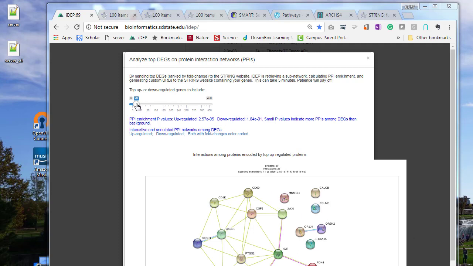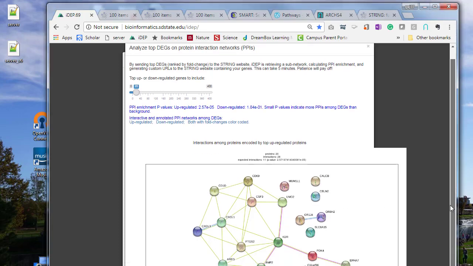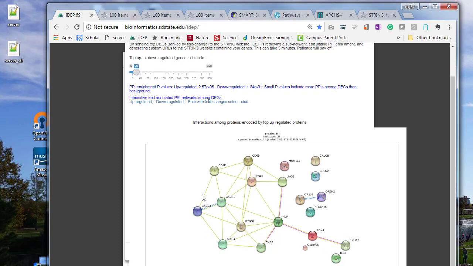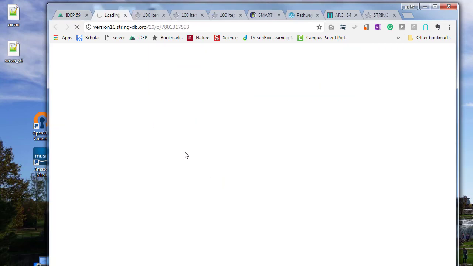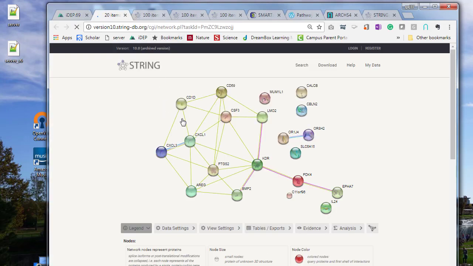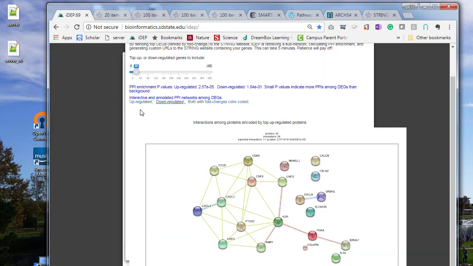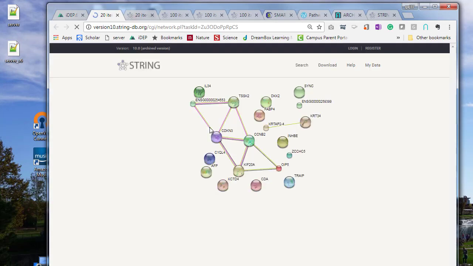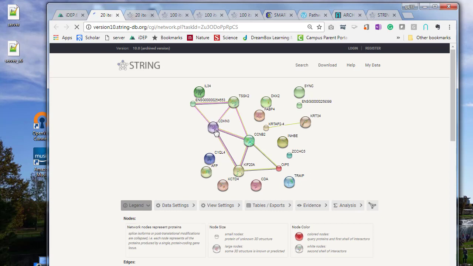Okay, so it's done now, and for 20 genes, we have a nicely looking figure here. For upregulated genes, we have lots of chemokines, CXCL3. These are cytokines, and they all interact. The graphics here are much nicer. As you can see, for downregulated genes, again we have cell cycle genes, cytokines,